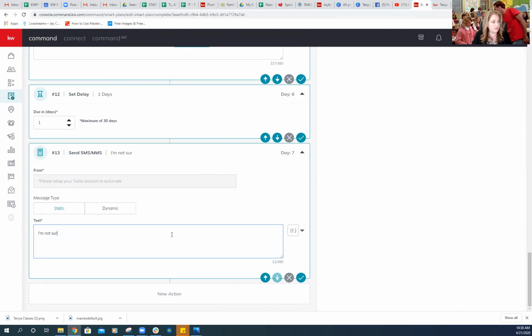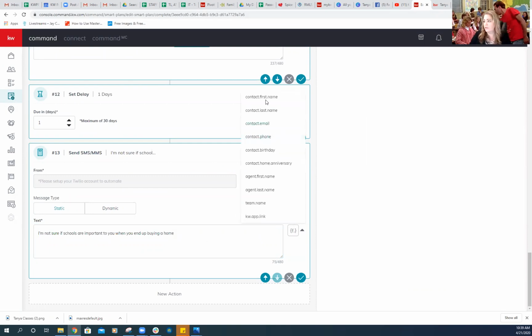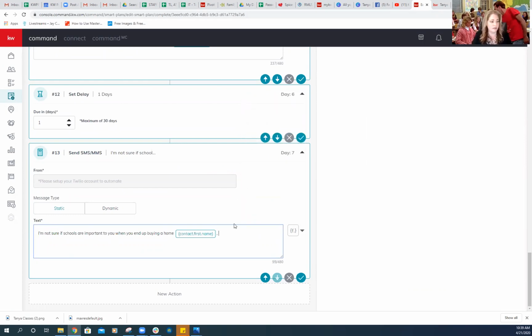I'm not sure if schools are important to you when you end up buying a home, and then their name. But here's some homes for sale in the